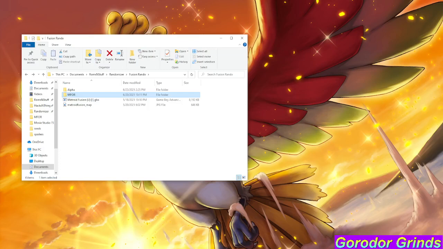Okay, this will be my Fusion Randomizer tutorial setup attempt, because I'm going to be better explaining this. And I'm sure Kazuto could do a better job at this than I can. So what you want to do, obviously, is go download the randomizer, which will be in the